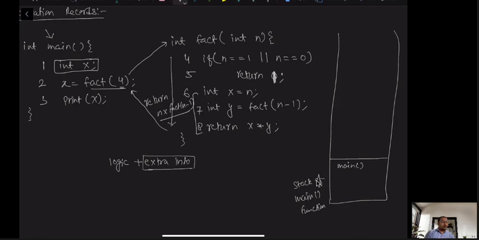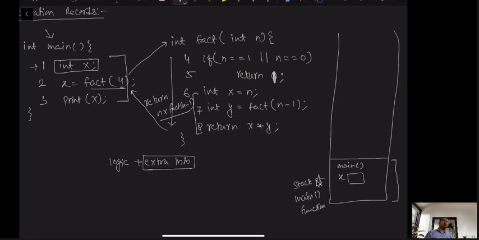Now when you go on to the next line, integer x, it has to declare a variable x inside the main, and now you can understand that local variables have this much scope only. It cannot be accessed outside. Why? Because when it declares the variable, it will be inside the main function, and the scope of this is within this stack. Outside that stack, nobody can look at it.